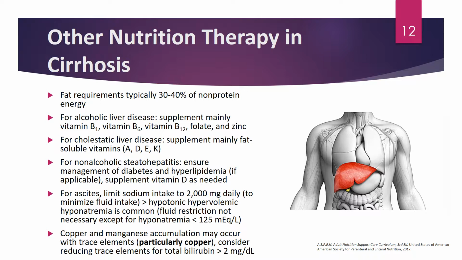The main two, though, with liver disease of alcoholic origin that we typically think of are thiamine and folic acid. And these are both essentially two ingredients that are included in what we know as banana bags on the inpatient side. So inpatient banana bags will actually contain multivitamin, which makes the bag yellow, as well as thiamine, folic acid,